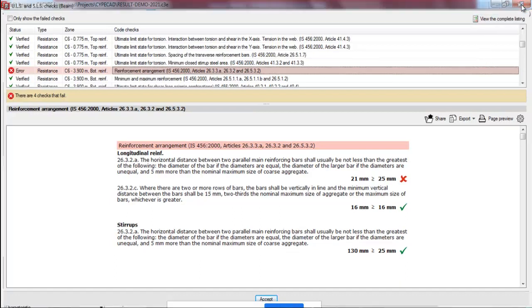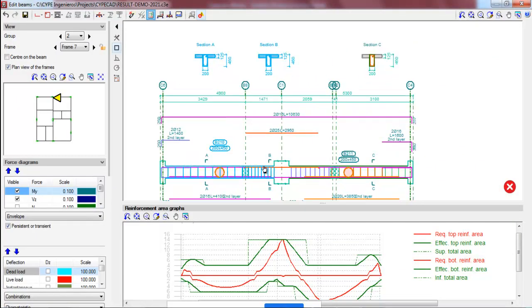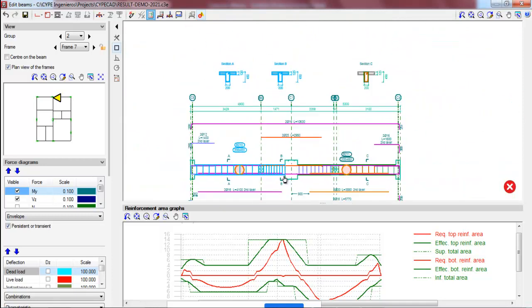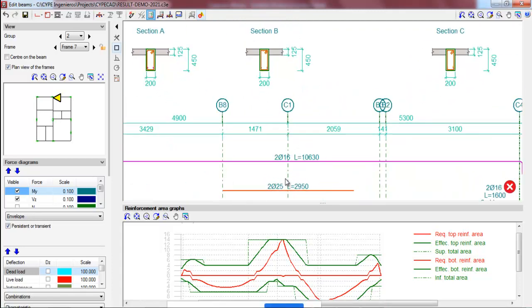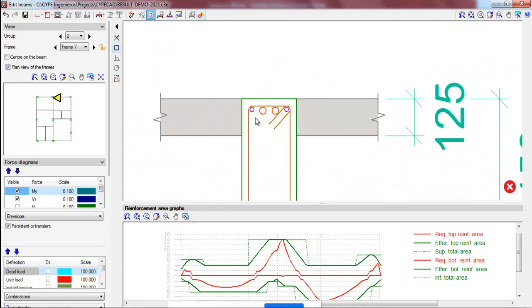What is this? If you take a cross section at this location, there is a section here, and you can see at the top there are 4 reinforcement bars placed, 2 of 16 mm and 2 of 25 mm. So it is all placed in a single layer. That means the gap between the two reinforcements is very less, so the concrete doesn't go inside whenever we are pouring the concrete. As per the code, the gap between the two reinforcements should be at least more than 25 mm.